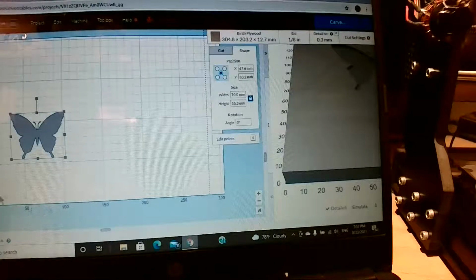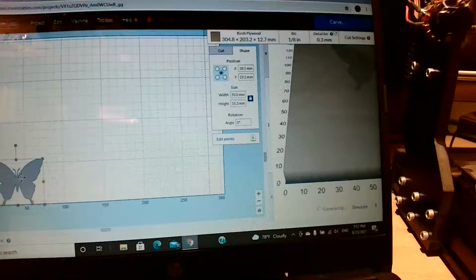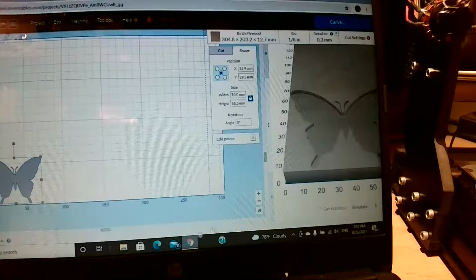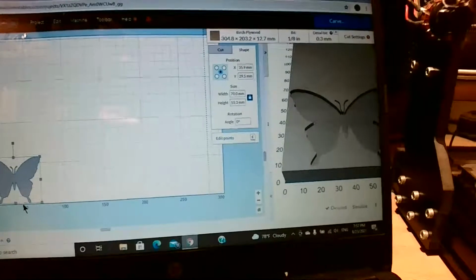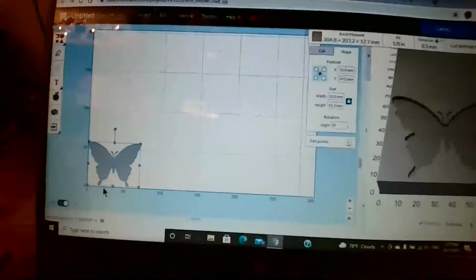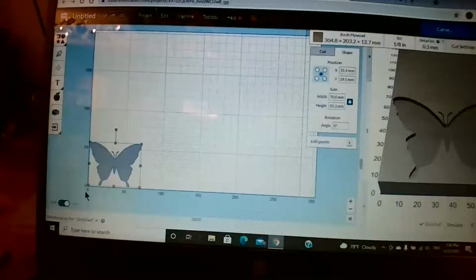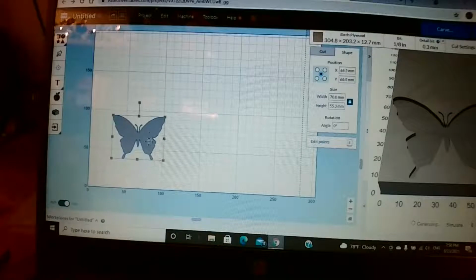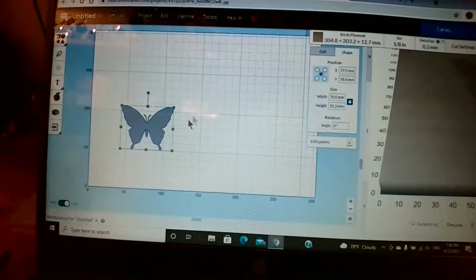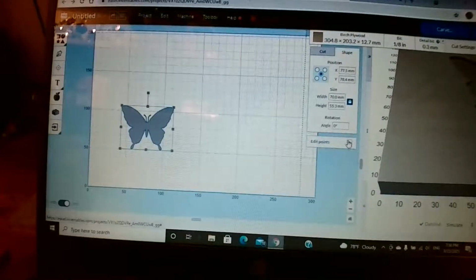What I can do now is I can just grab this and pull it down to where my 0 point is. My 0 point is down at the bottom here, okay? And I can move this wherever I want. I don't care. But the main thing is now